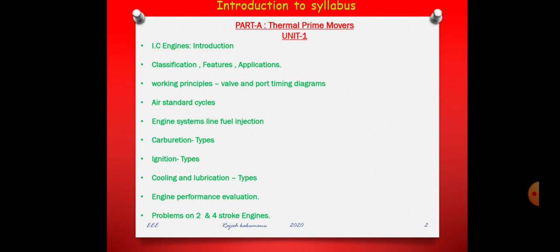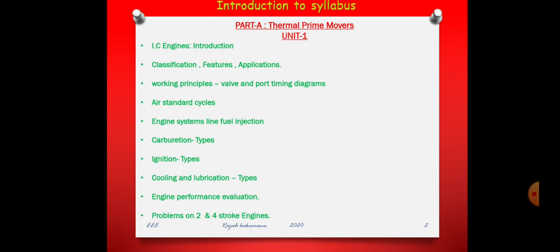Next, engine performance evaluation. Whatever concepts you are dealing with, whatever the merits, demerits and applications, whatever types of ignition or carburetion you are using, the second phase is that you have to see the engine performance. For example, if you see the two-stroke engine, what is its performance? If you see the four-stroke engine, what is the performance? If you see the Hero Honda, what is the performance? What is the mileage? If you see the Ducati or your KTM bike, what is the mileage or efficiency?